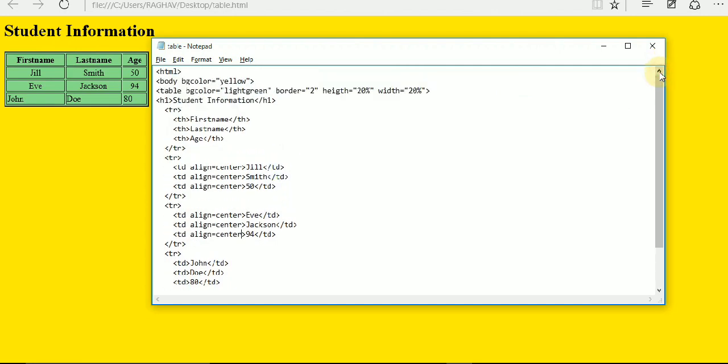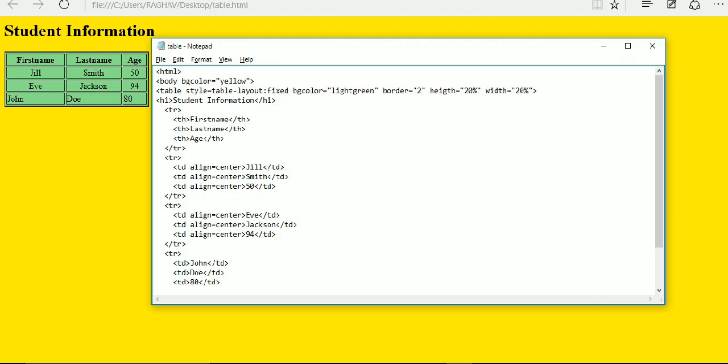Go to the table tag and write style equal to table-layout. This is how to set the table layout: table-layout colon, then fixed.